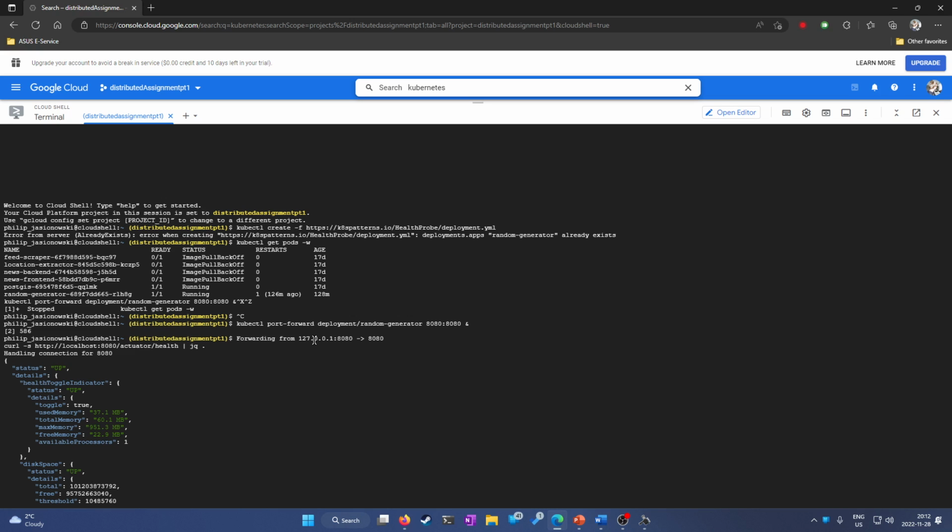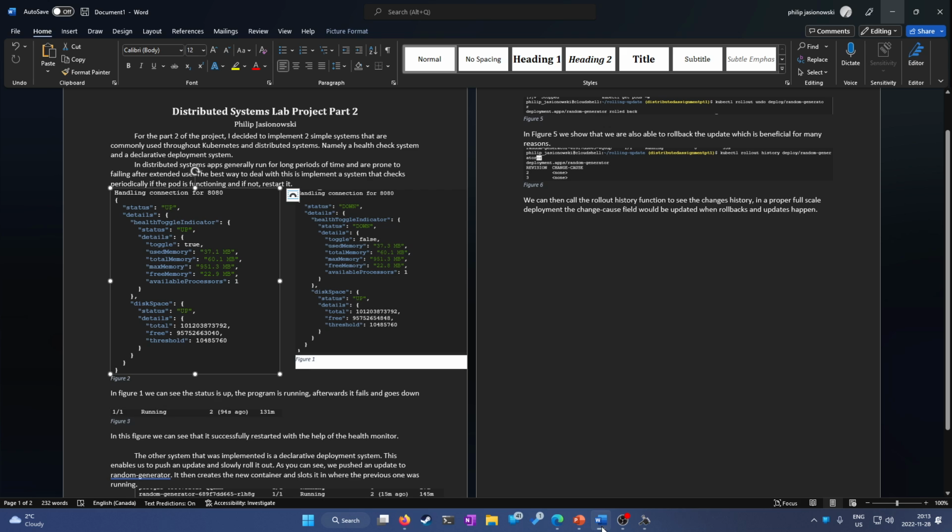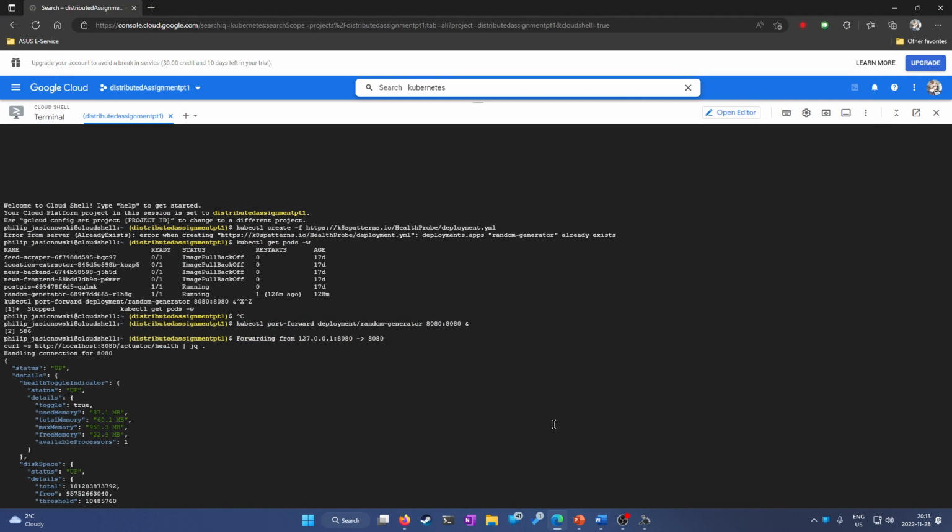All right, so we'll start with our 2 modules. The easiest module I thought to deploy would be a health checker. Health checker, same thing. This is one of the most essential types of deployment patterns in Kubernetes or distributed systems. With Kubernetes and distributed systems, you can have pods running for extended periods of time, days, months even, and sometimes they stop working. Without periodic checks to make sure they're working, you can have entire apps and deployments fail